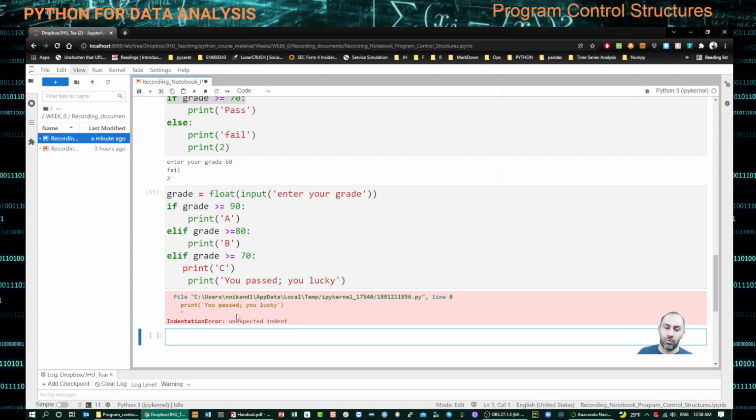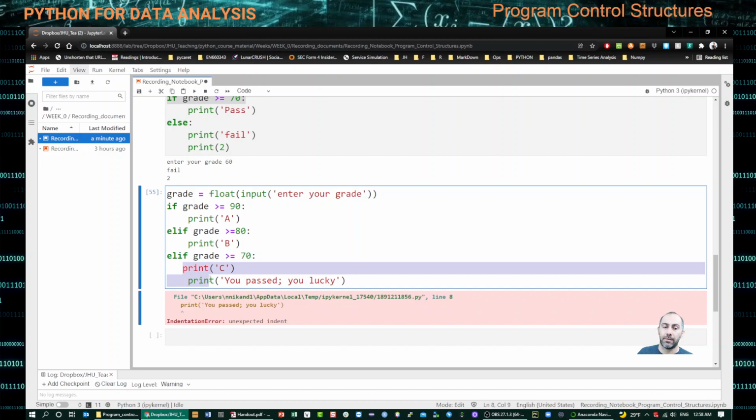Python doesn't like it. It says, you know what? There's something fishy happening here. I don't like the indentation. And you see that there's a red font there, so you need to fix that. If you fix that,